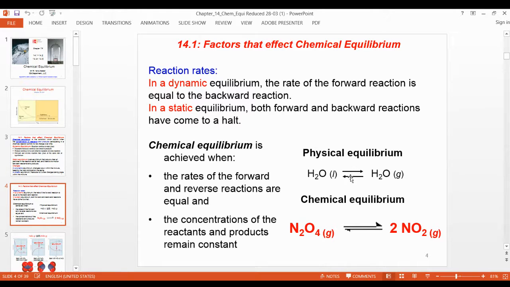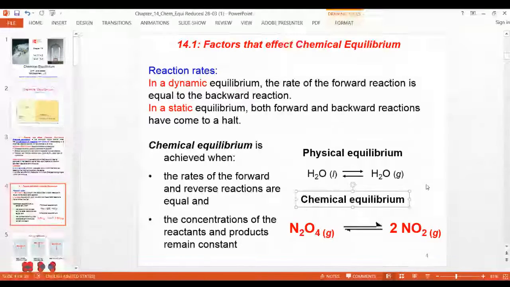Instead of two arrows, if suppose you have a single arrow, suppose irreversible. Yeah, irreversible, right? So that is not the condition of equilibrium. Remember that. Equilibrium condition is always a double arrow showing equilibrium. Means the rate of the forward reaction is equal to the rate of the reverse reaction. At that point, the concentration of all reactant and product will be the same. No change at all. Is known as equilibrium.